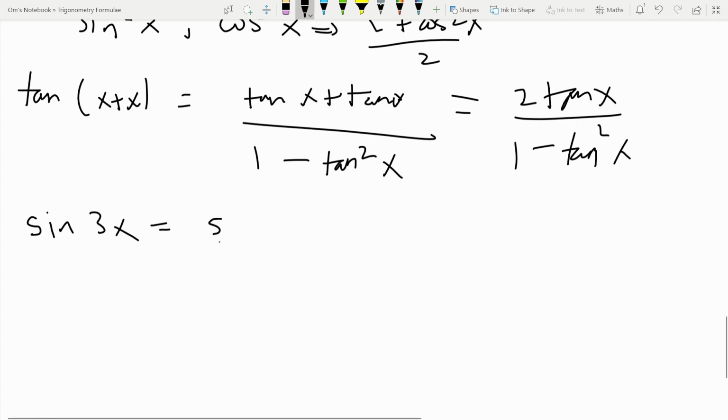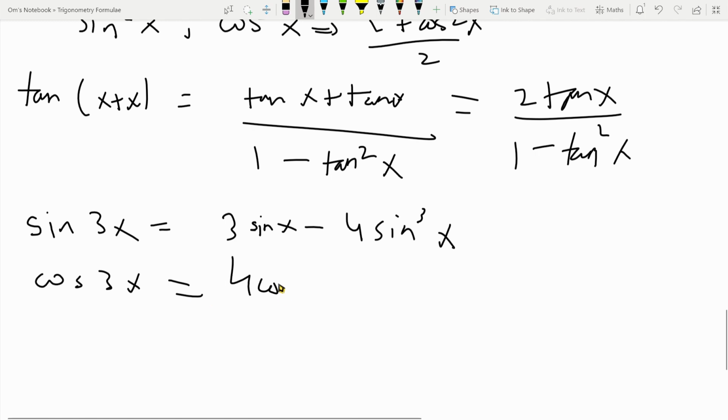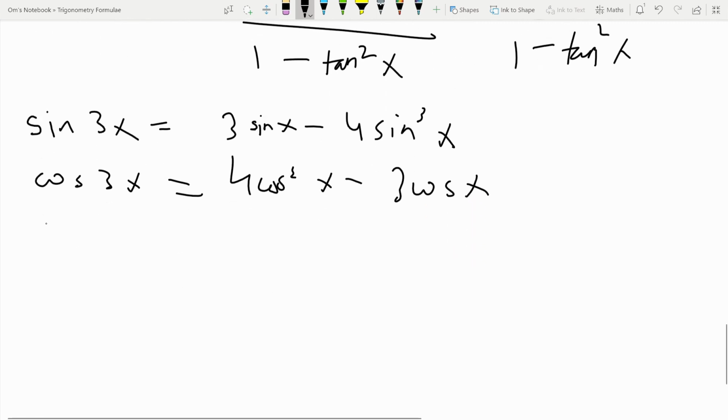So sine 3x is equal to 3 sine x minus 4 sine cube x, and cos 3x is equal to 4 cos cube x minus 3 cos x, and tan 3x I believe is 3 tan x minus tan cube x